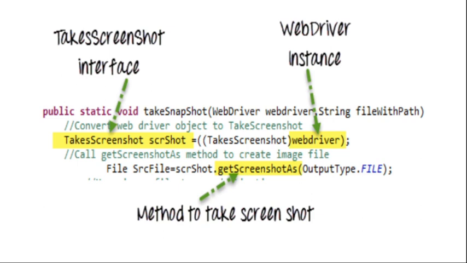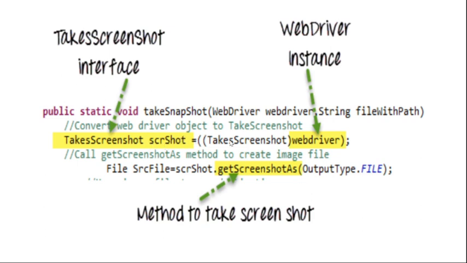So as you know that in Java we cannot create a object of a screen interface. So that why we need to typecast the WebDriver into it to take a screenshot. So here if you can see this line which I have marked as yellow, this is an interface, and here I am creating the reference of the interface, that src shot, that is a screenshot.